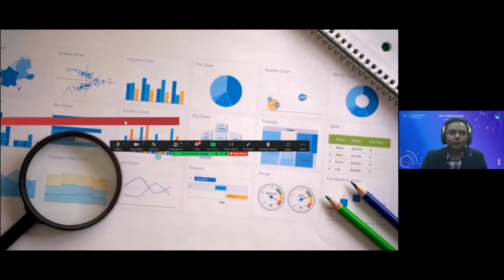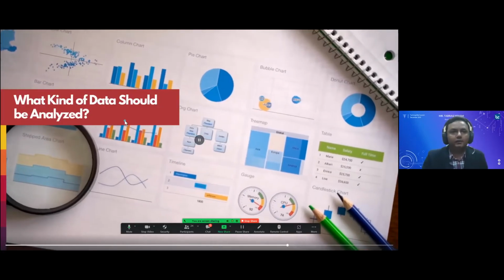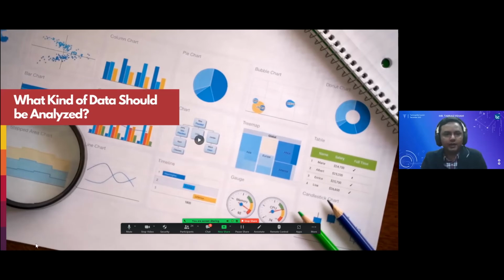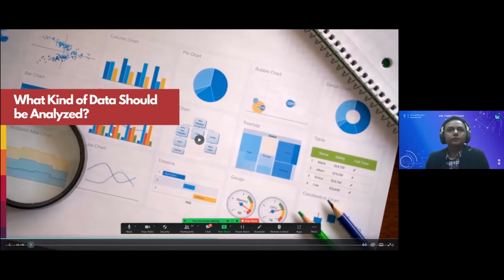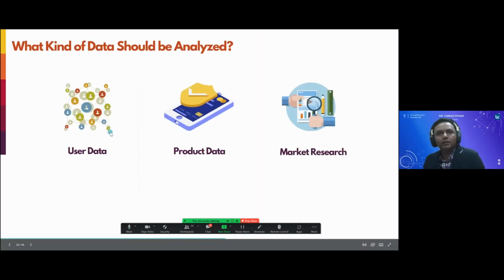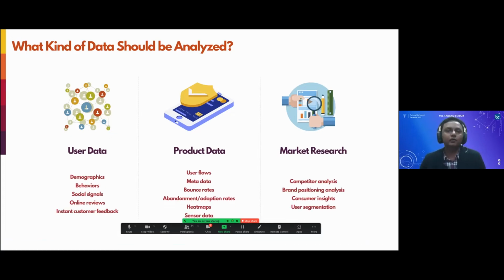Yeah, this is interesting. What kind of data should you be analyzing? There are basically three major categories. Number one, first and foremost, user data. Of course, you need to understand the demographic of your users, the behavior of your users, how they are coming to your platform, how exactly they are using it, clickstream, their journey, their path across the platform or app. You must be able to ascertain that. And there are various already established tools to do that.